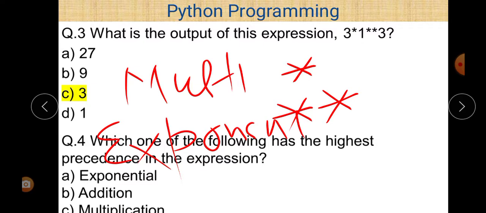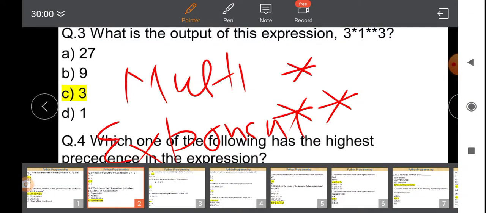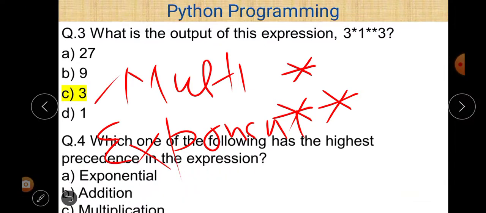So first of all, we have to calculate 1 power 3, because 1 double star 3 is there. It means 1 power 3 will be evaluated, and 1 power 3, as we know, the answer is 1. And then 3 star 1 means 3 multiplied by 1 will be evaluated. In this case, when we multiply 3 by 1, our answer will be 3. So 3 is the correct answer. Now I think it is clear to all of you. Okay,